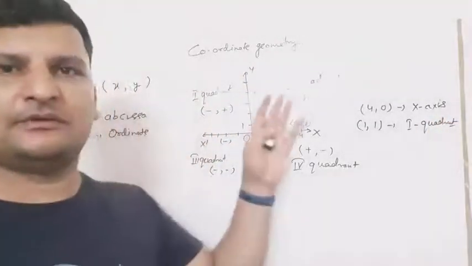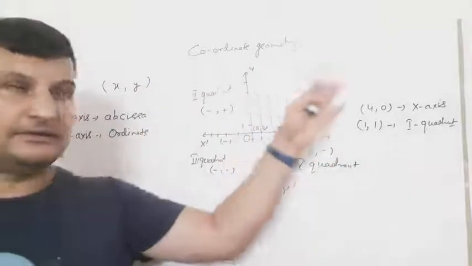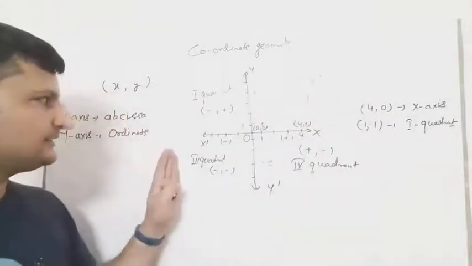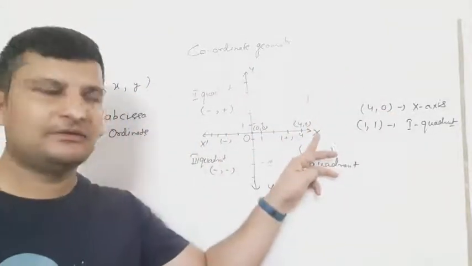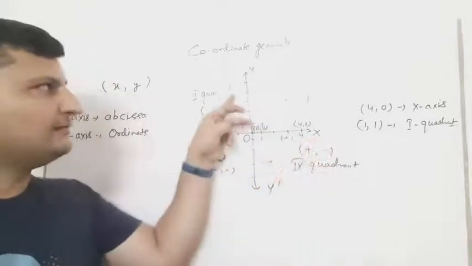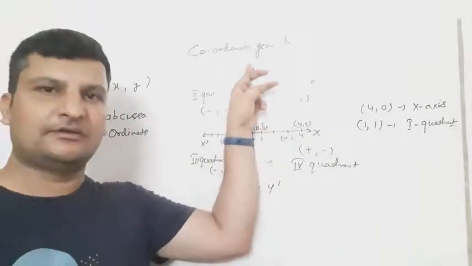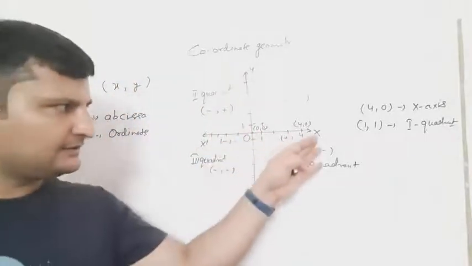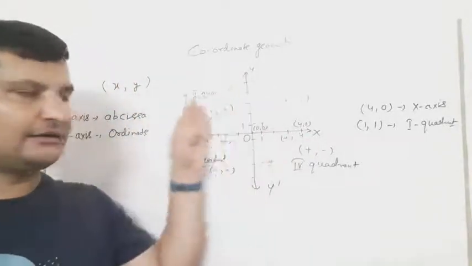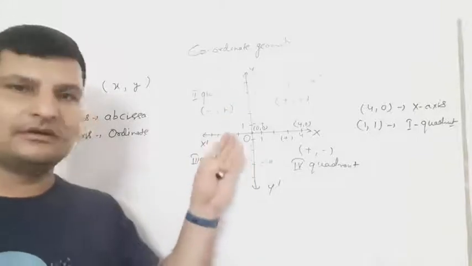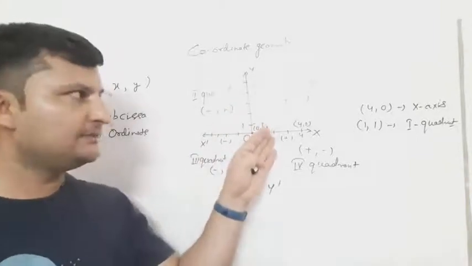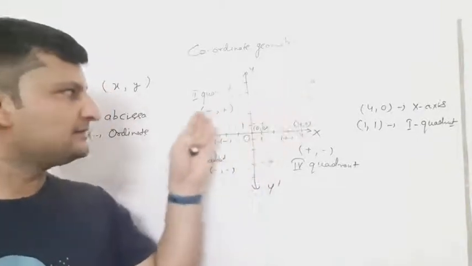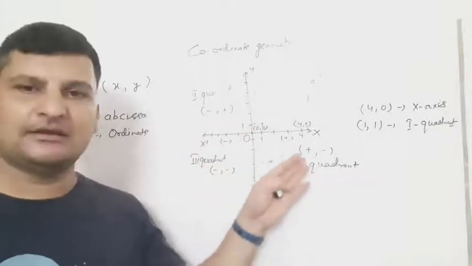Similarly, we can do all the questions of exercise 3.2 based on these things. You have to understand it. First is the x-axis, I have told you. X-axis means abscissa, and y-axis is also called ordinate. If ordinate is written, it means y-axis. If abscissa is written, it means x-axis. And these are the four quadrants and this is the origin. Coordinates of the origin are (0, 0). And these are plus plus, minus plus, minus minus and plus minus.